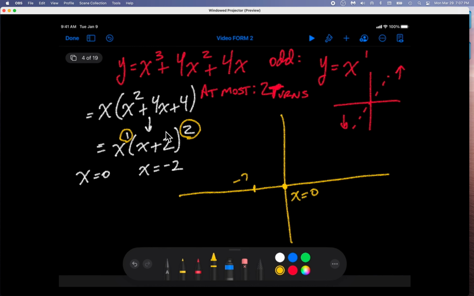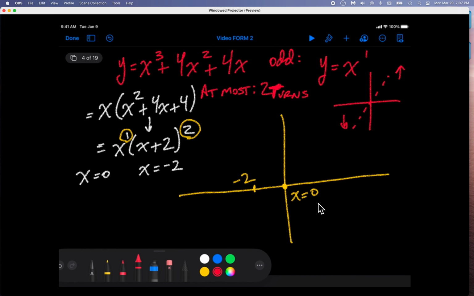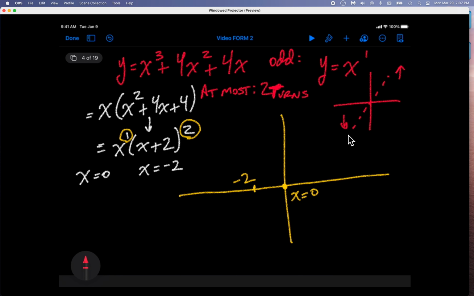We know that at this 0, the graph is going to bounce. It's either going to bounce this way or this way. Here, it's going to go through. Okay, now let's plot our graph. Where do we start? We start down, because out here, this graph is going down. So we start down and we approach our 0. We know this is going to be a bounce situation. Now again,